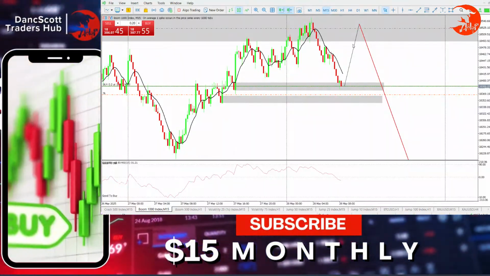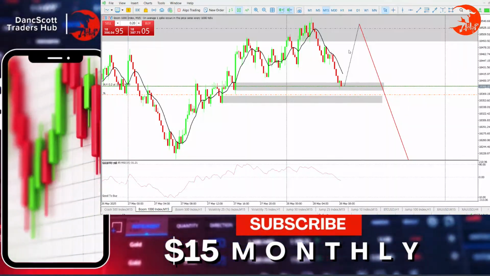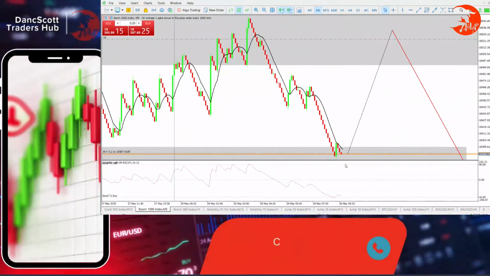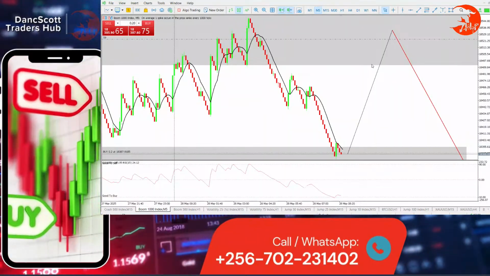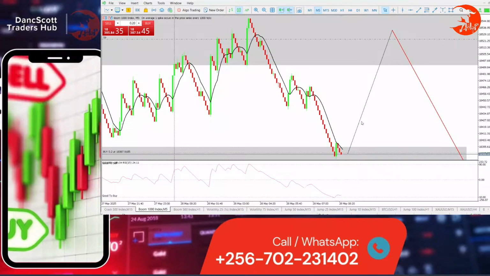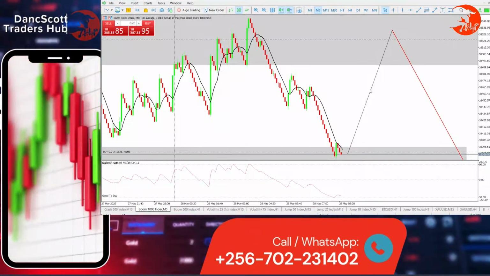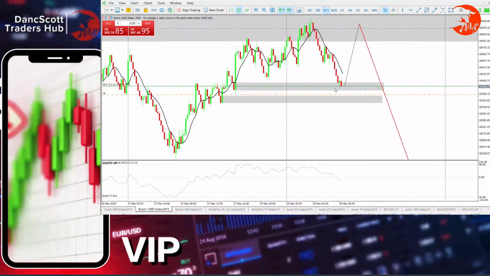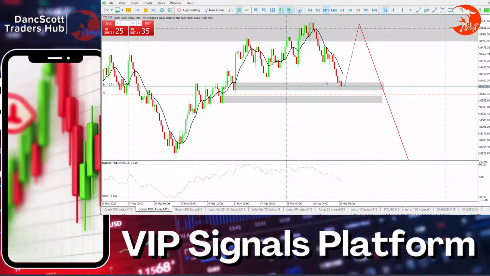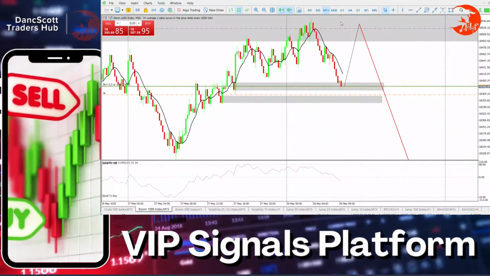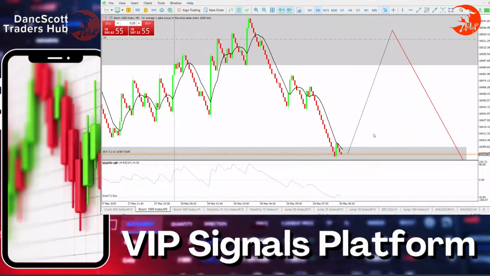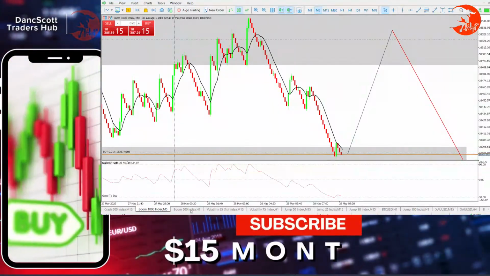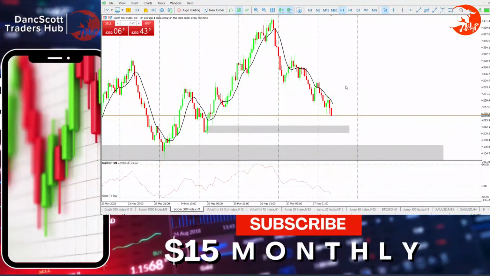Yeah, so I've made my entry because I've started to see a reaction, and of course M5 is likely to spike and take me all the way up there because CCI shows me it is oversold and it is reacting on that very order block that we had already marked as our point of interest. So let's wait and see what happens. That is on Boom 1000. Let's go to Boom 500.